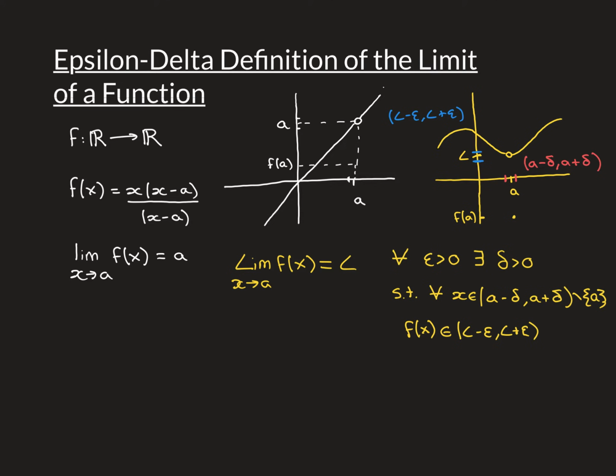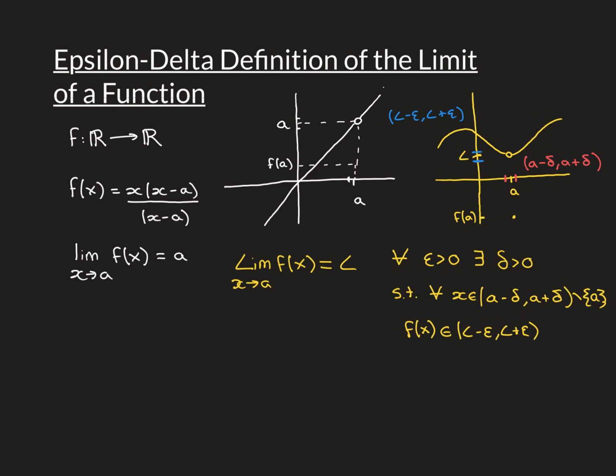So to summarize the epsilon-delta definition, the meaning of L being the limit of the function as x approaches a is that for all epsilon greater than 0, there must exist a delta greater than 0, such that if you consider that interval, the delta interval around a minus delta to a plus delta, all of those points inside that delta interval, except for the centerpiece itself, a, must be mapped into the epsilon interval around L.